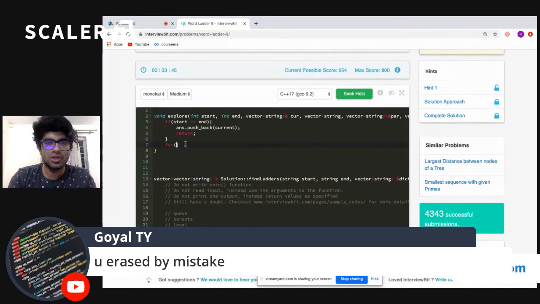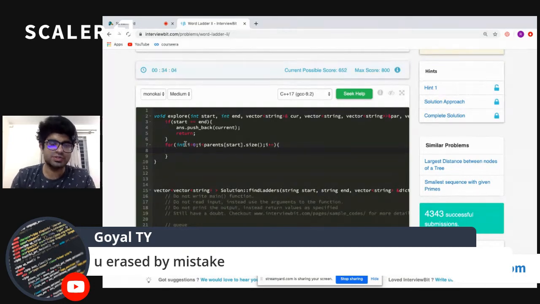So for int, let's say I just iterate over all the parents of start, and what I can do first, I can push that particular parent into my path. As it is a vector, I can safely push that particular node, and that will be